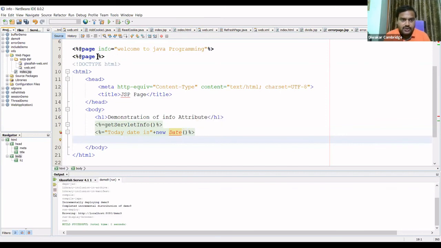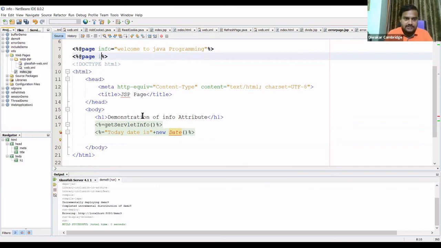Now, how to import a package? In the page directive, import java.util.star. Or if you want to import a particular class, you can use it like this.